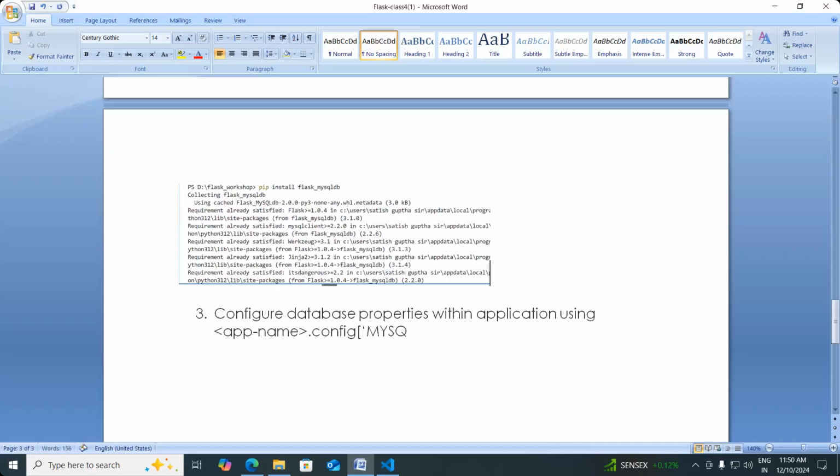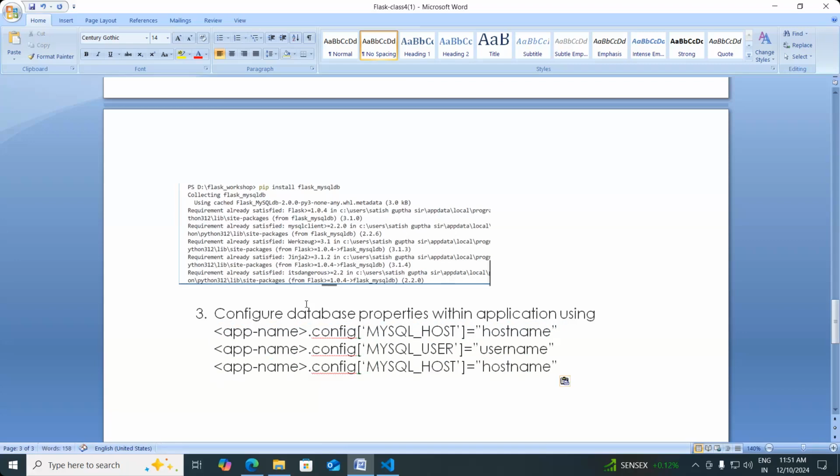You define MySQL host, which means where your MySQL is running, equal to host name. Then application name dot config, and you have to configure user, the database user name. And application name dot config again,